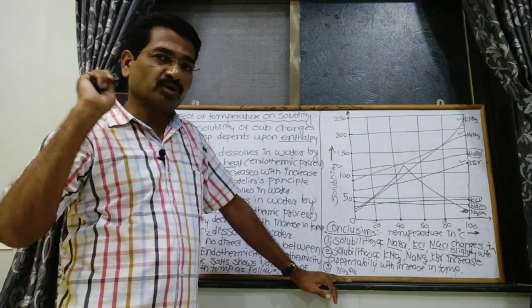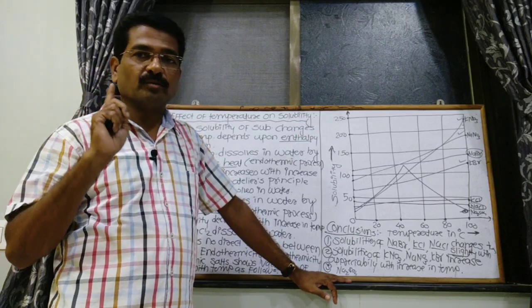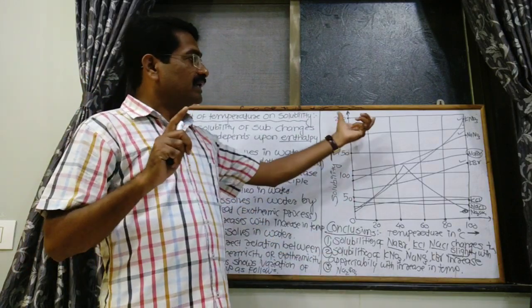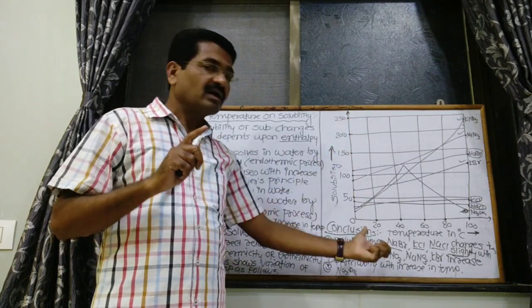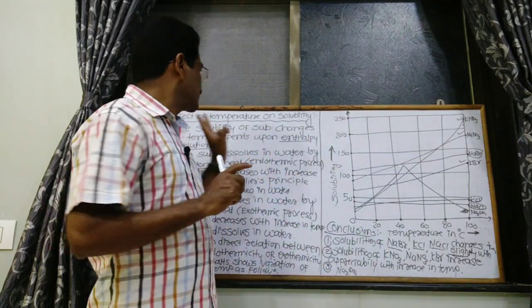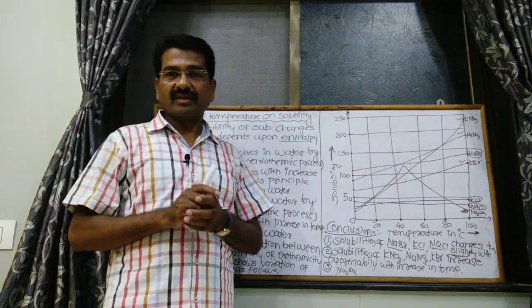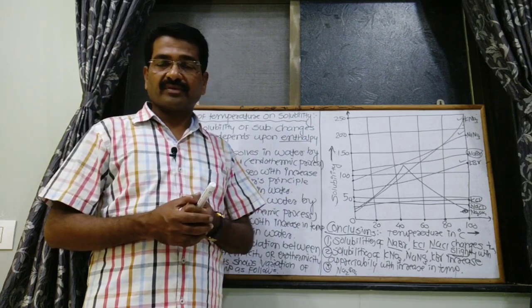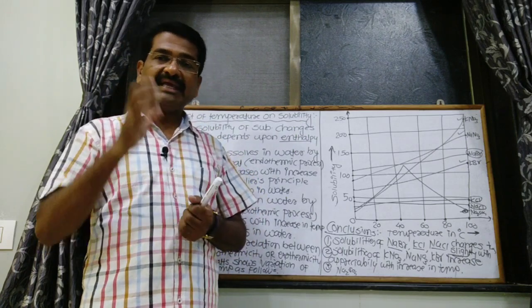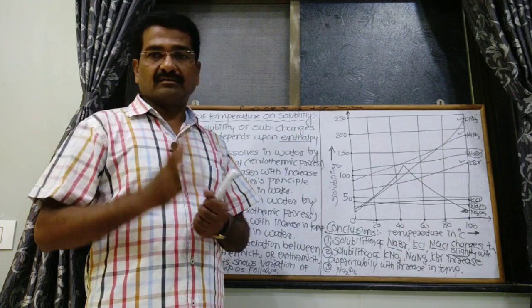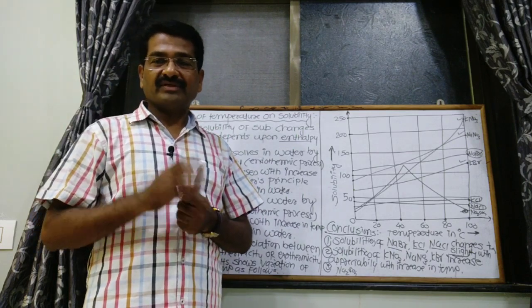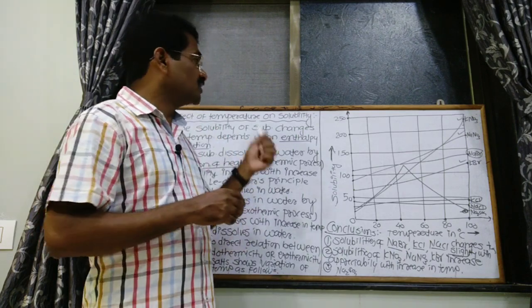But this point is also important because it indicates the exothermicity and endothermicity. That is a very important question. It can be asked for 2 marks in a bold pattern. So see this graph and give the conclusions. Okay, so this is the second factor. In the next class we will discuss the remaining factor, that is pressure, which is required for the solubility